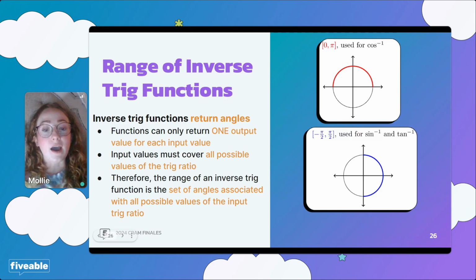So we discussed how the inverse trig functions take in the ratio of sides and output angles. And we talked about how the range of values is therefore the set of all angles that the trig function could encompass. So, for example, you could see up here in our figure, for the function of cosine of x, the range would be from -1 to 1, because those are all of the possible ratios that the side lengths could take. However, for arccosine, the range is instead going to be what the domain was in the regular cosine function. So it's going to be all of the possible angles that it could take, so from 0 to pi.